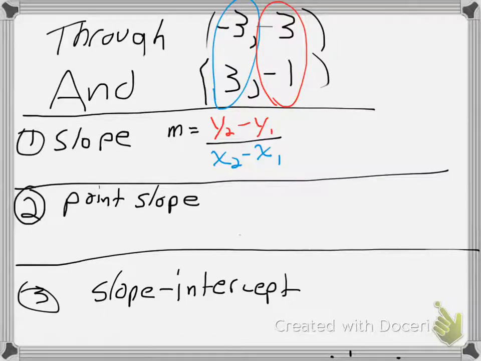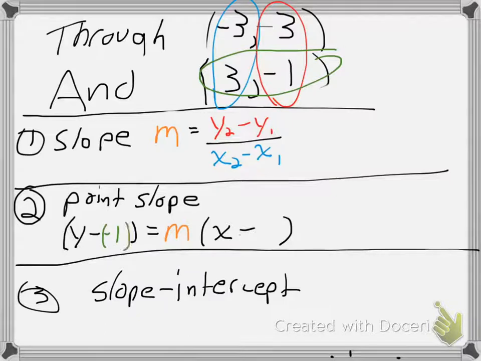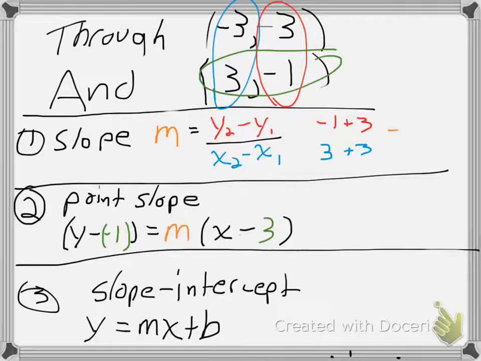Alright? So the first thing that we're going to need to do is create the slope, but I just want to point out that the point slope form is going to use the 2 points there from the last one, so we're going to use the second point, as opposed to the first point, in point slope. We're going to plug things in there a little bit later, and then we're going to plug things into slope intercept form down here. But before we do that, we have to get the slope. I've color coded that too, so you can see that the m is going to be the same in those 2 places, and it's actually going to be the same in that last one too, and we'll see that a little bit later. So in order to do the slope formula, we need to plug in the numbers